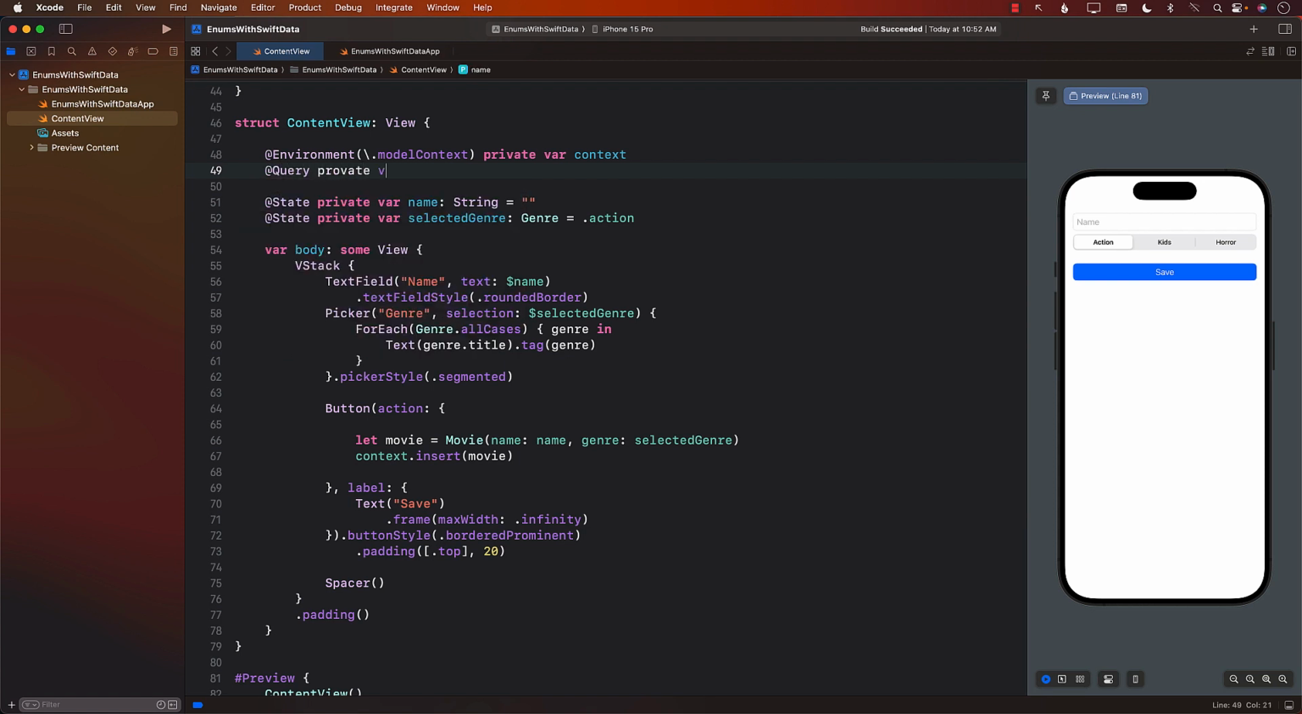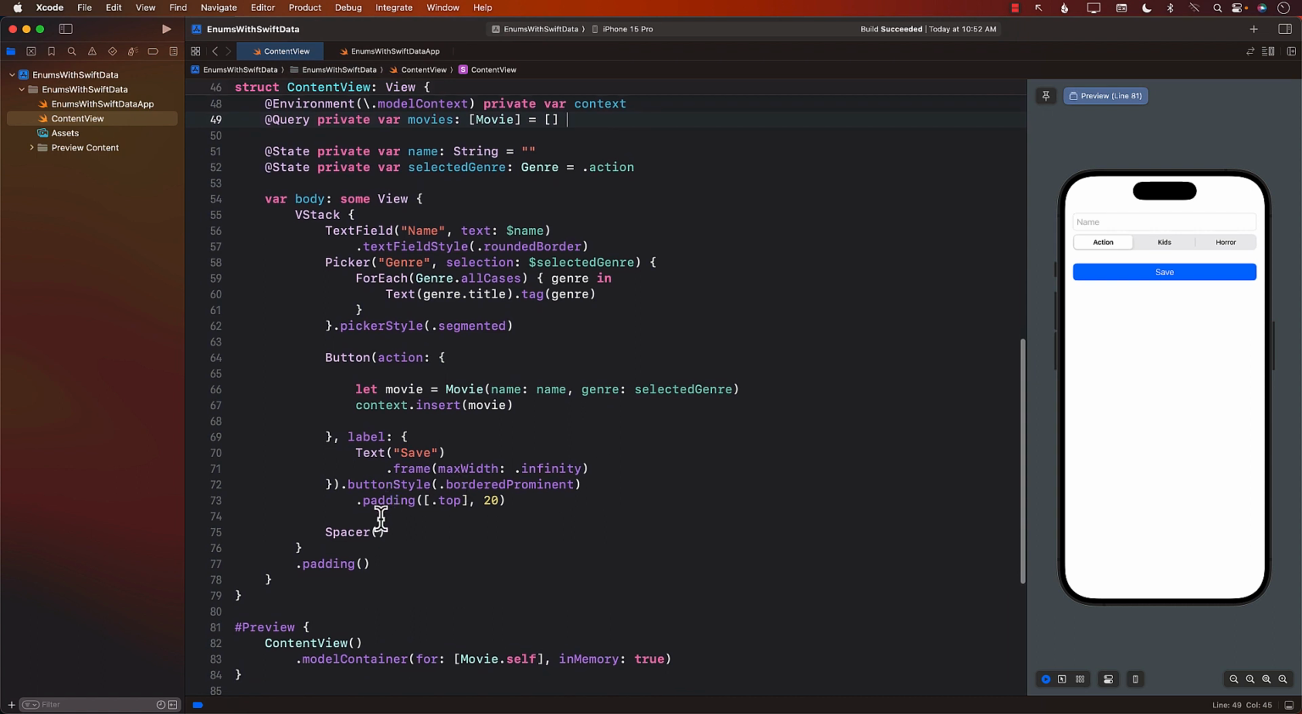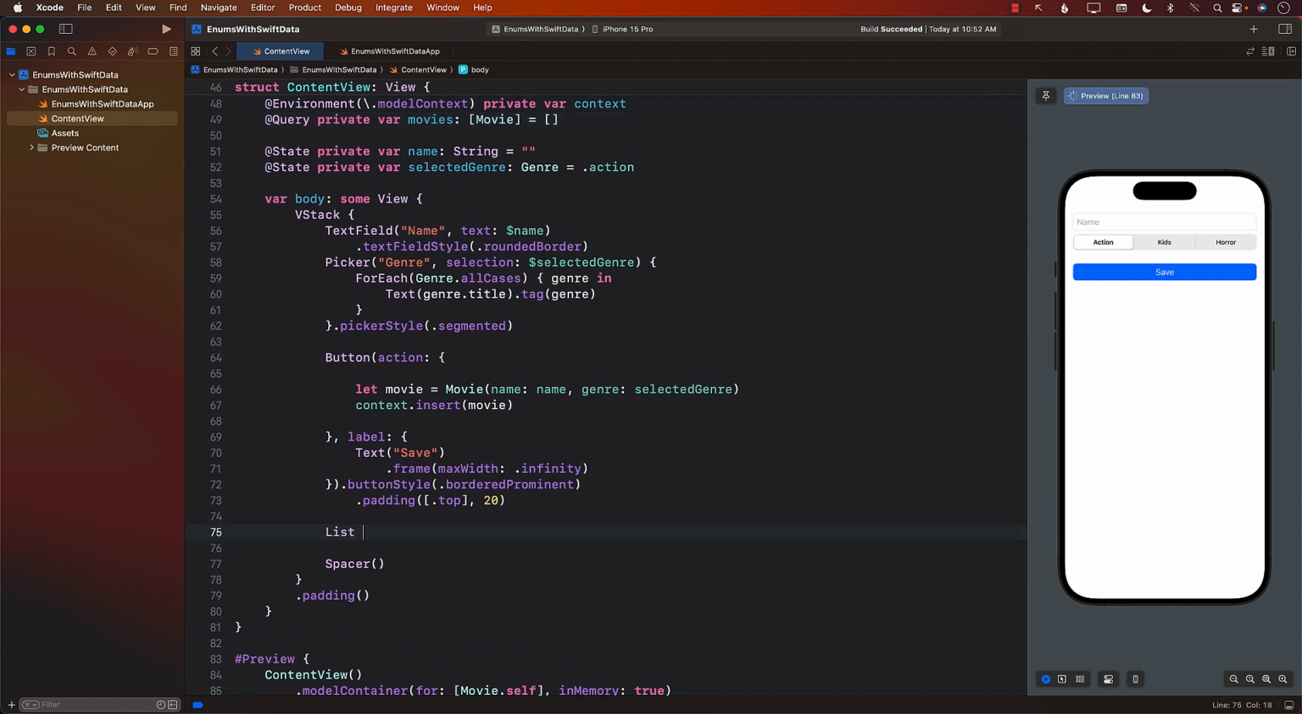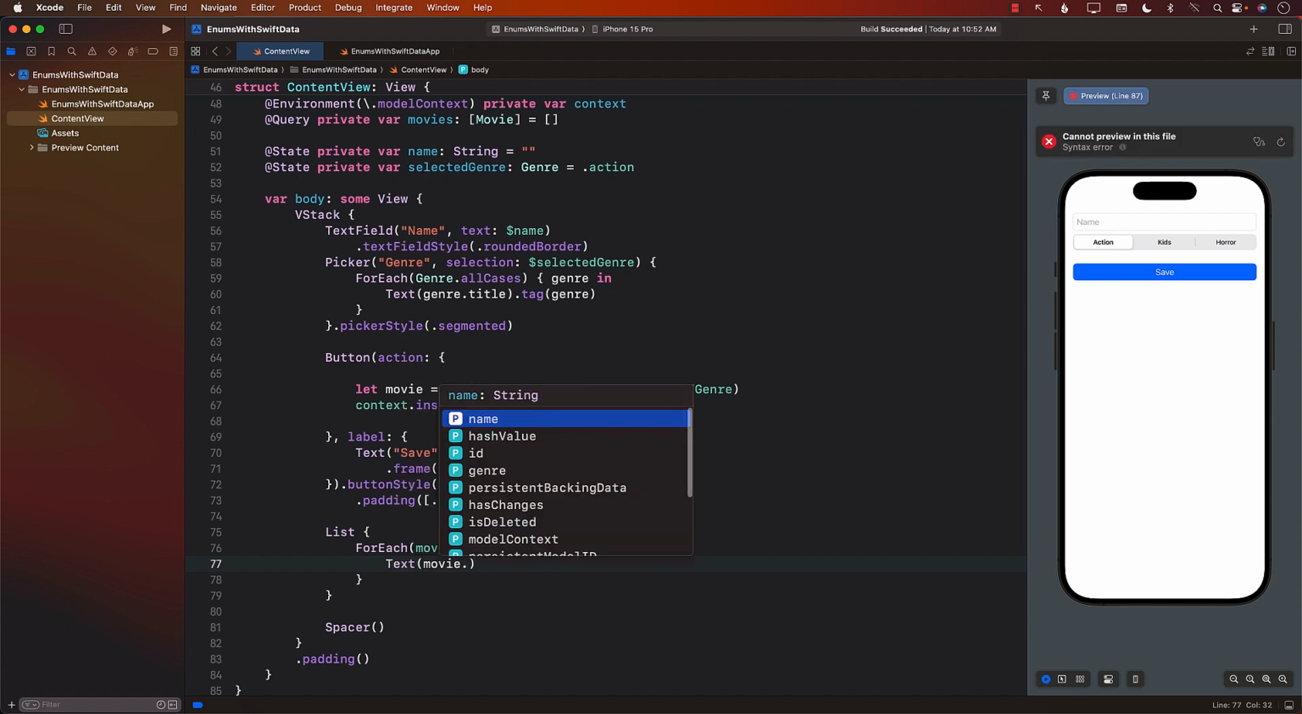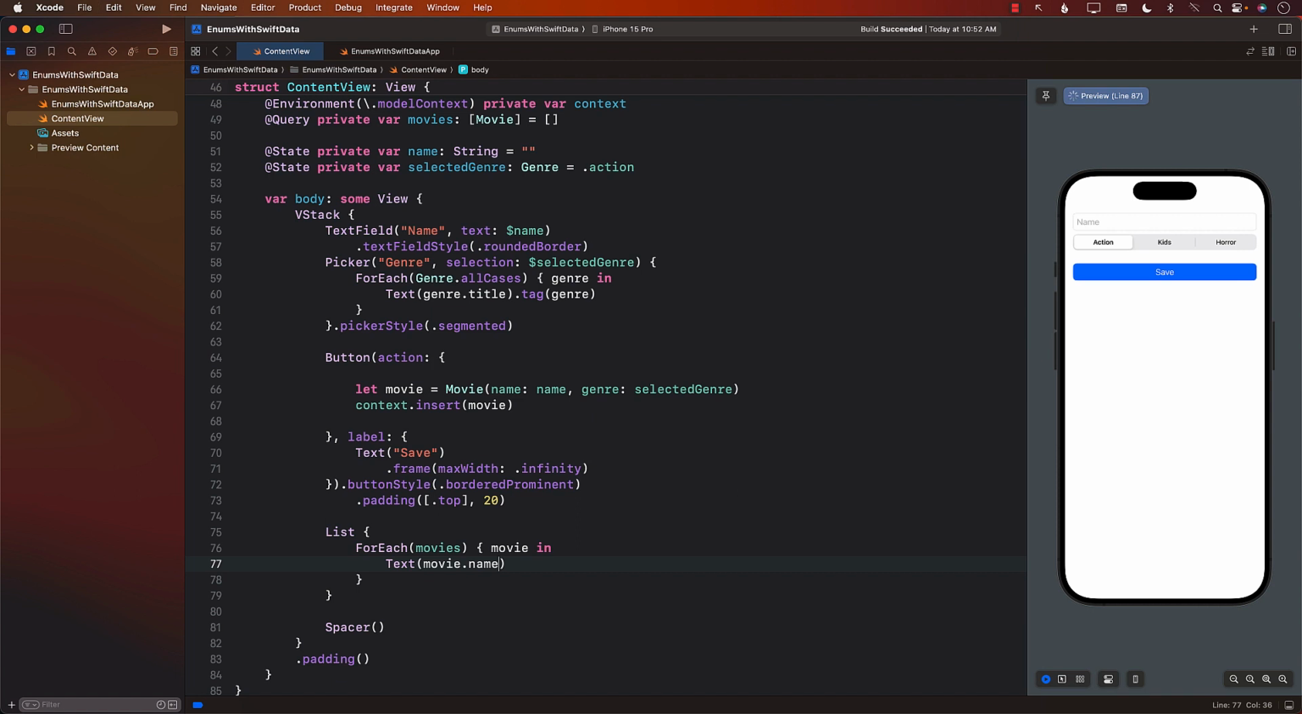And I can go ahead and run this query. I can say private var, and I can go ahead and say this will be, what should we call it? Movies is fine, I think. There we go, movies. Okay. And right over here, we can run this in a list. For each movies, we will get a movie, and then we will be displaying movie.name, but we also want to display the genre. So let's go ahead and